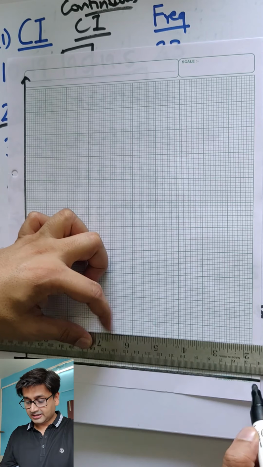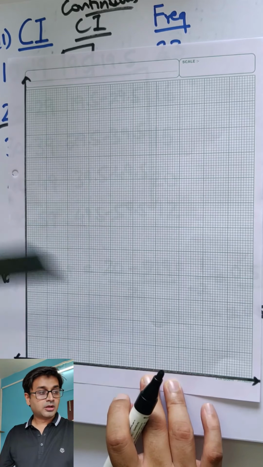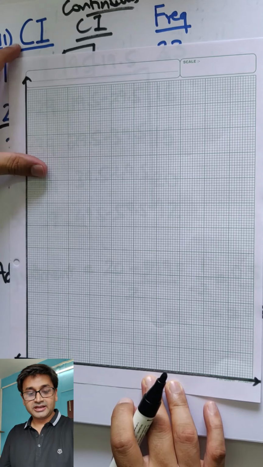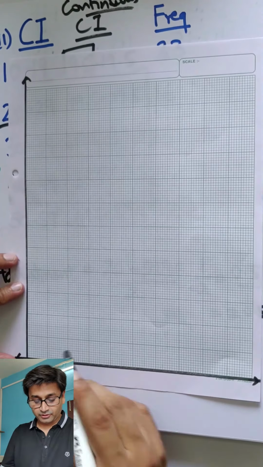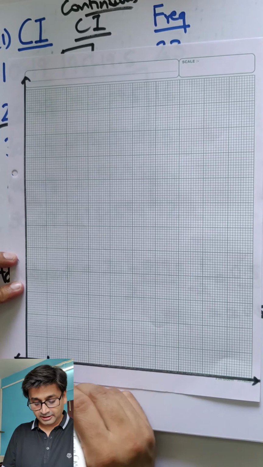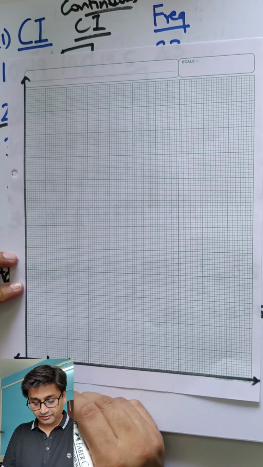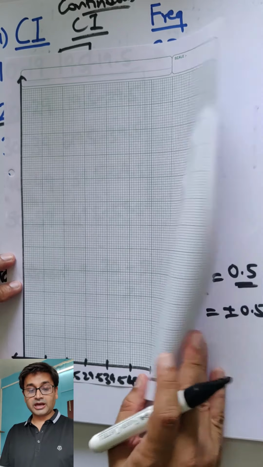So now that the y and x is constructed, let's plot. On the x-axis I need 9.5 onwards. So 0, 9.5, 19.5, 29.5, 39.5, 49.5. This looks a little messy because these are very close and a lot of numbers. Go till 59.5. So 9, 19, 29, 39, 49, 59. Alright. How to calibrate the y?